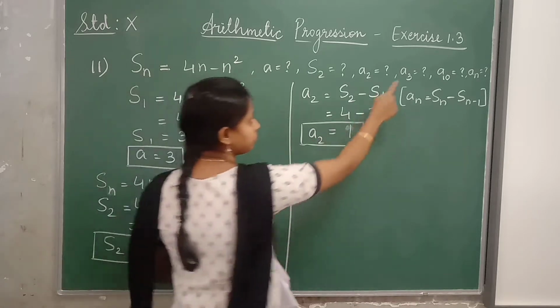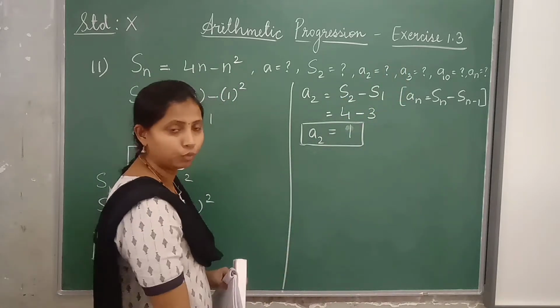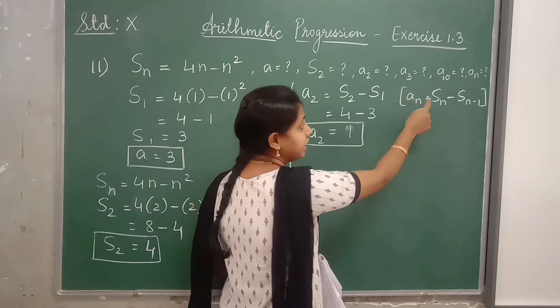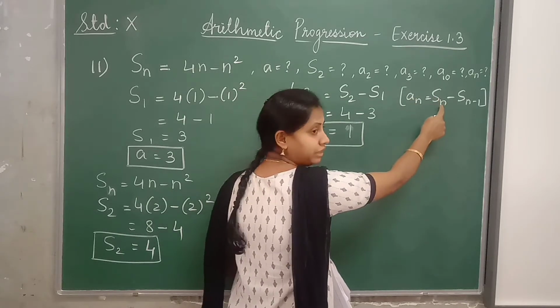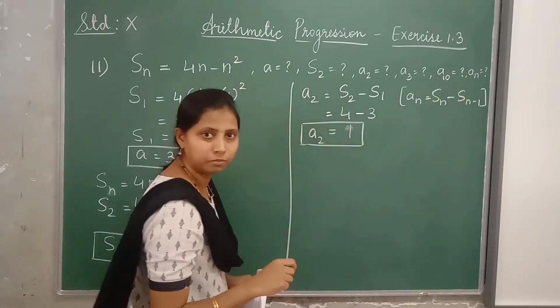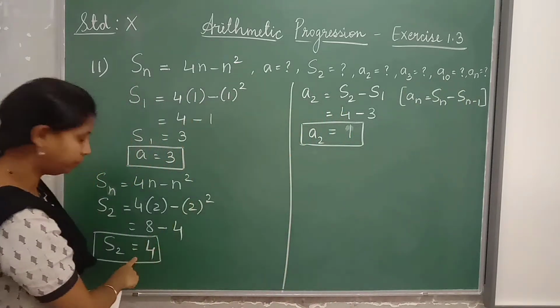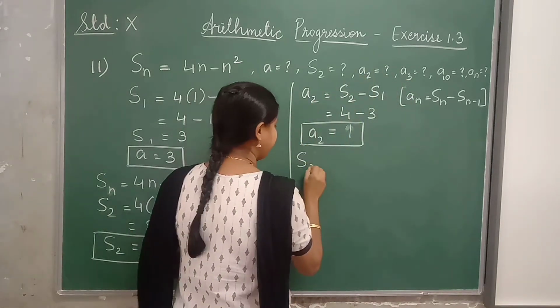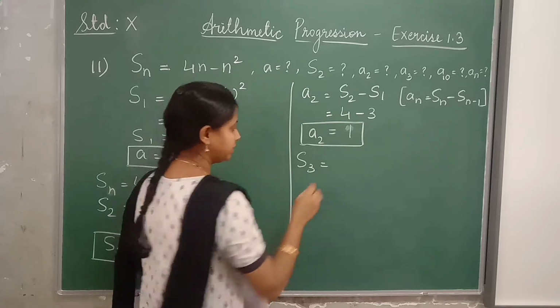Now next, to find A3. To find A3, again by this formula, we will get it by subtracting sum of the three terms minus sum of 3 minus 1, that is sum of two terms. Okay, so S2 we know. Find S3 to get third term. Okay, so firstly we have to find S3. So S3 is nothing but